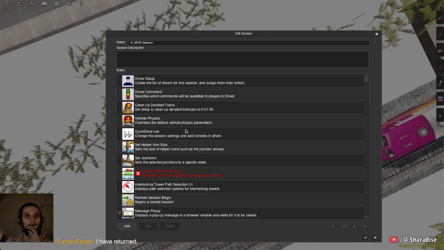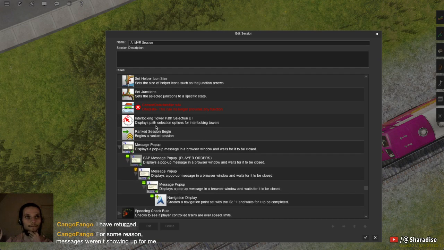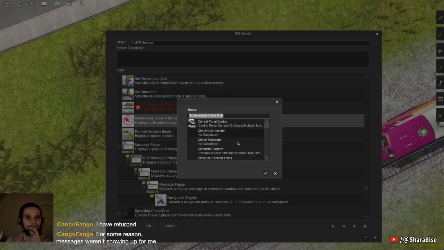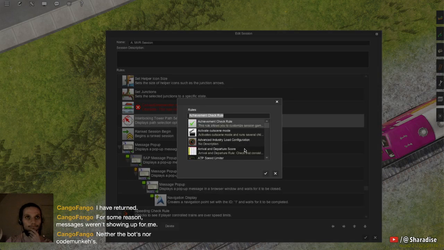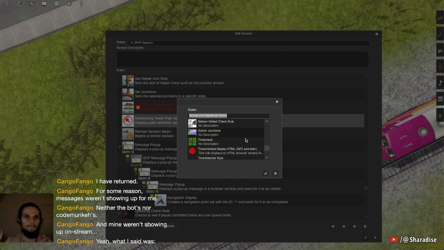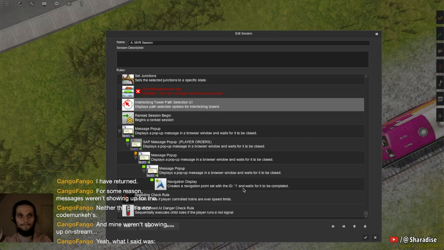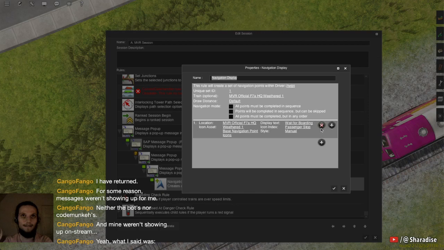Also, we are probably going to use the time rules, like the arrival and departure score thing. There are other ones in that list of things, I think. I'd have to check a different route for that. Like they haven't got tramway, for example. But we do not need this